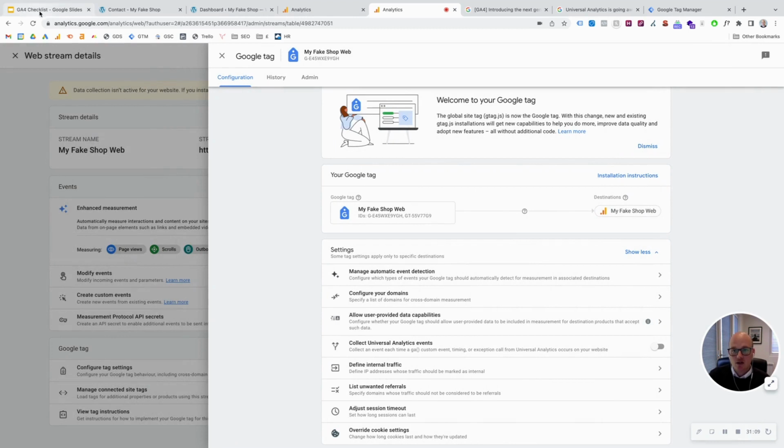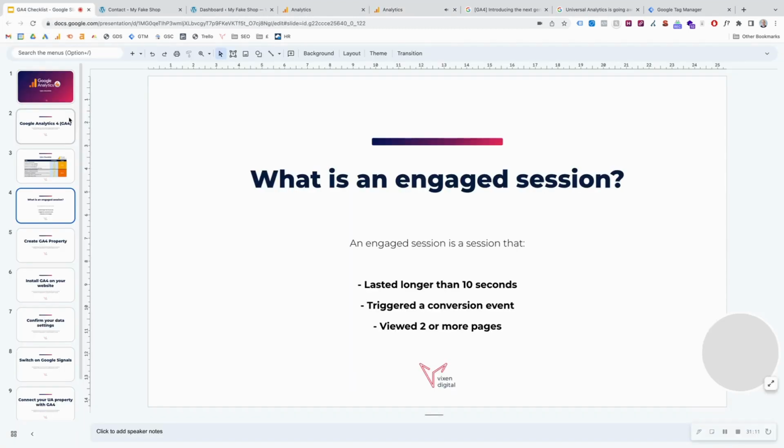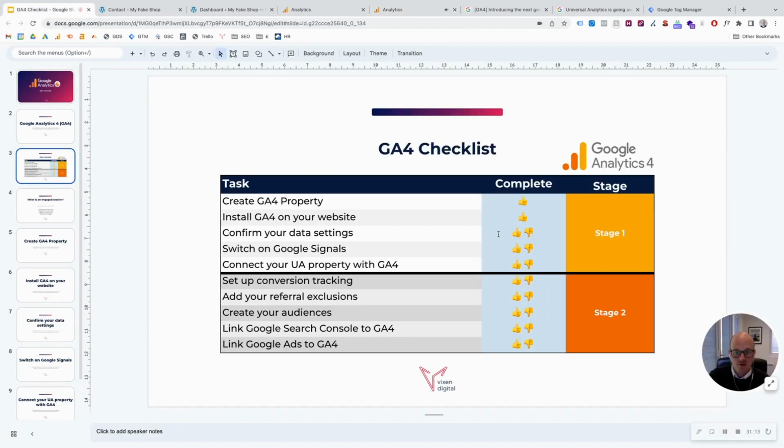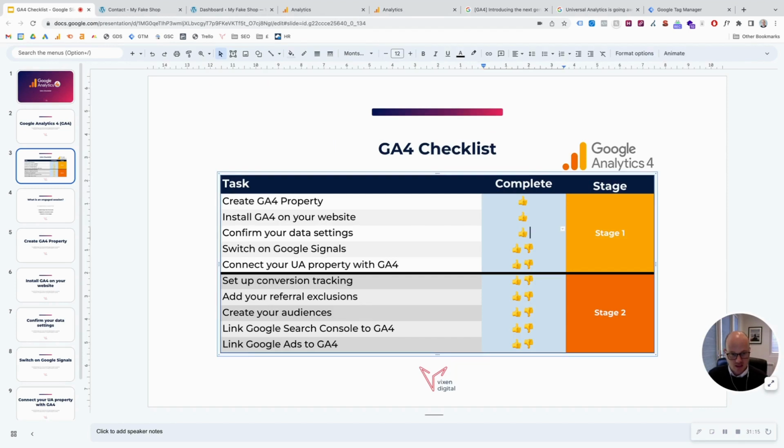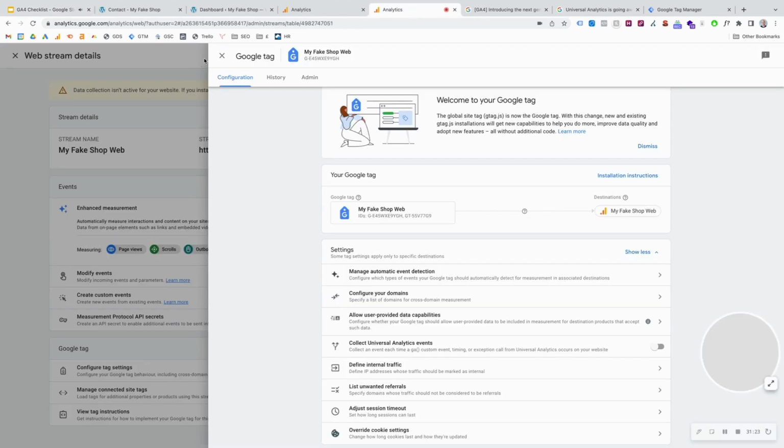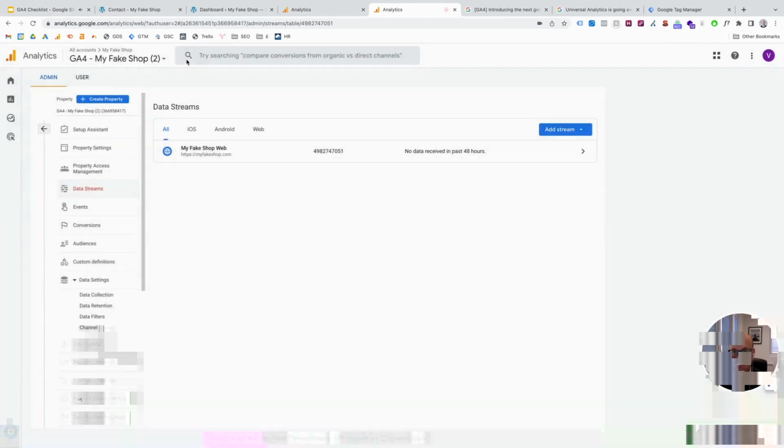Okay, so let's go back onto our checklist and see where we're at. We have confirmed our data settings, we've switched on Google Signals, and the only thing we've got left to do is connect our UA property with GA4. So finally, if we go back now to our main admin panel,